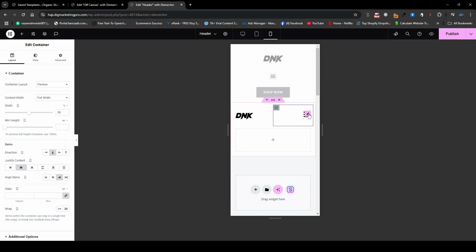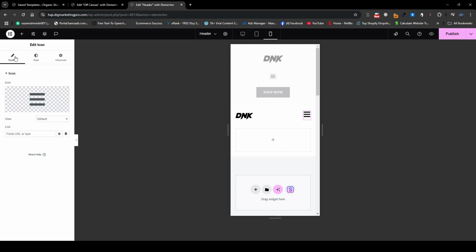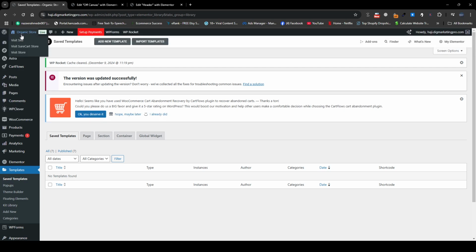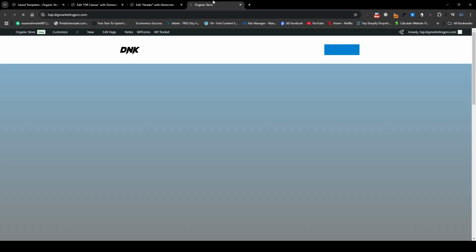And let me go back to this section here again. Content, and here, just click on this section, dynamic tags. And here, search for pop-up. So here it is. And here, search for off canvas. So now you can see here is our off canvas. Just click on it and just click on publish. When you click on here now, let me go back again here. Let me visit my site. So let me show you here.